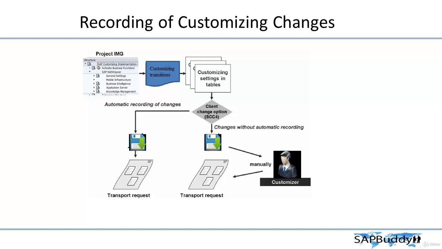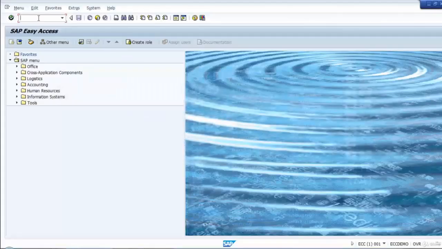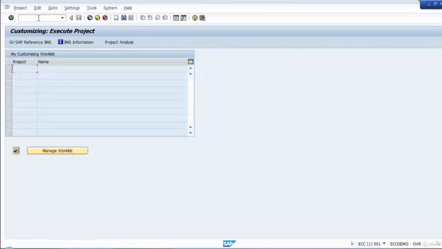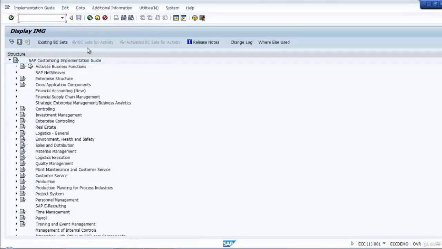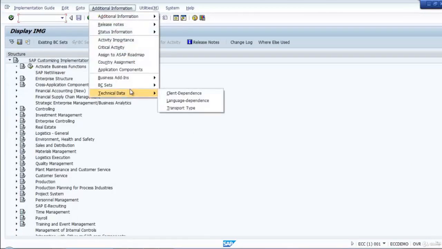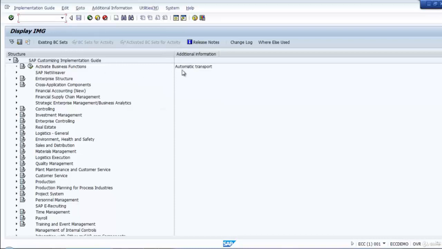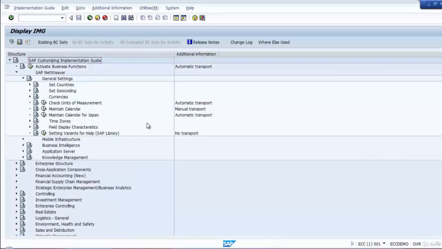So there are customizing activities which are not automatically recorded, and we can identify these in SPRO. Let's go to SPRO in our system, SAP Reference IMG. If you go to Additional Information, Technical Data, you can see the transport type. You can see this is an automatic transport, which means it will be recorded automatically. Let's try something else. You can see this is a manual transport, for example Maintain Calendar. And this is an automatic transport. Like this, you have the information whether a particular customizing is transported automatically or manually,